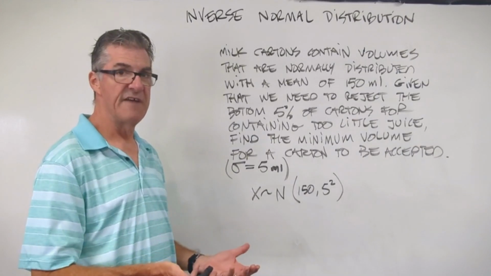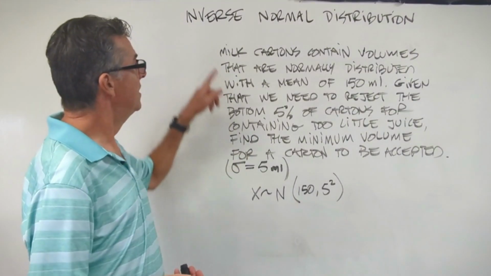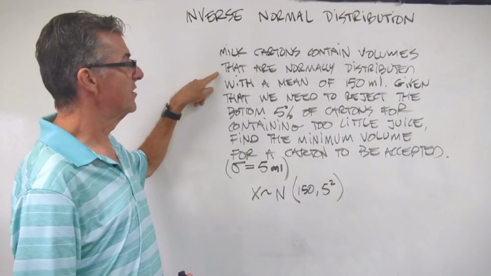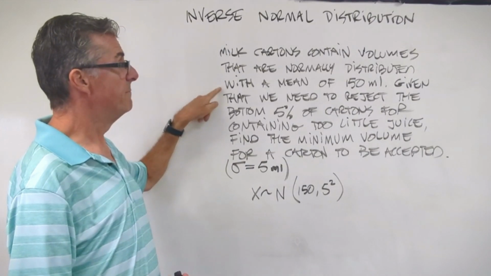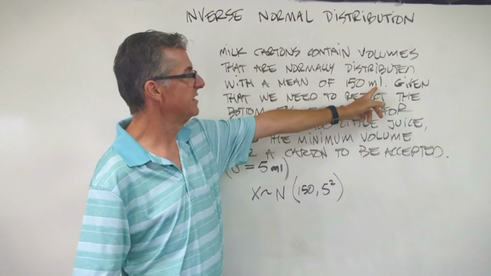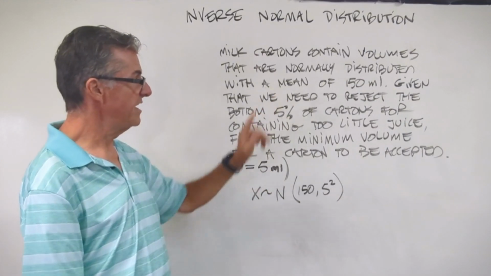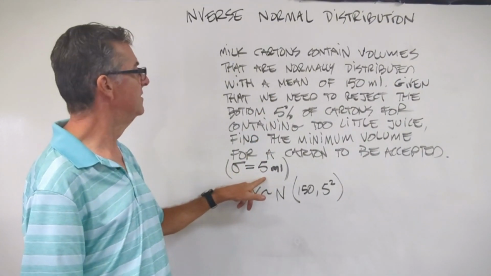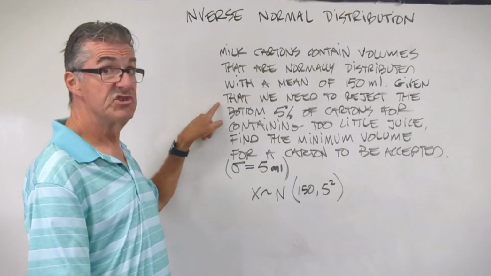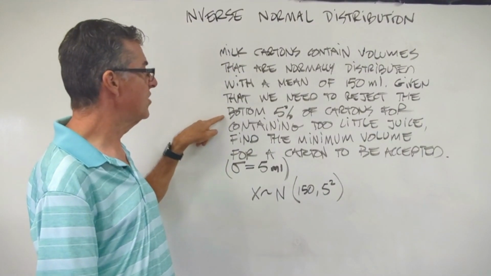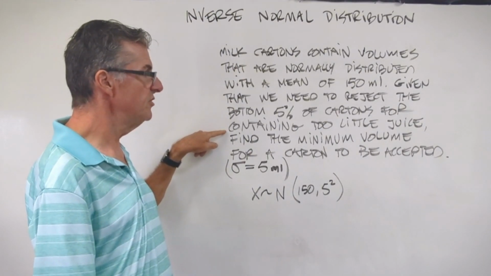All right, here's that real life problem I mentioned before. Milk cartons contain volumes that are normally distributed with a mean of 150 milliliters. And our standard deviation is 5 milliliters. I forgot to put that in, so I'm just giving you that down here. Given that we need to reject the bottom 5% of cartons for containing too little juice,